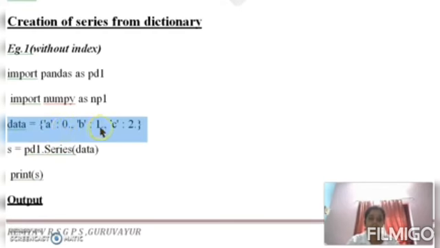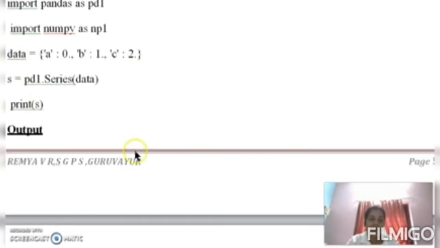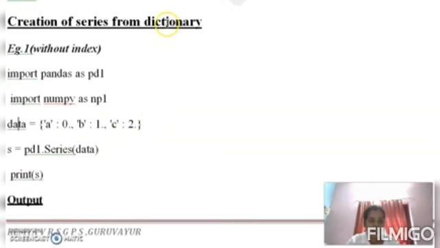Key is B, value is 1 and so on. So a dictionary is created and we use this dictionary variable inside the constructor of series. Thus a series is created by using a dictionary.